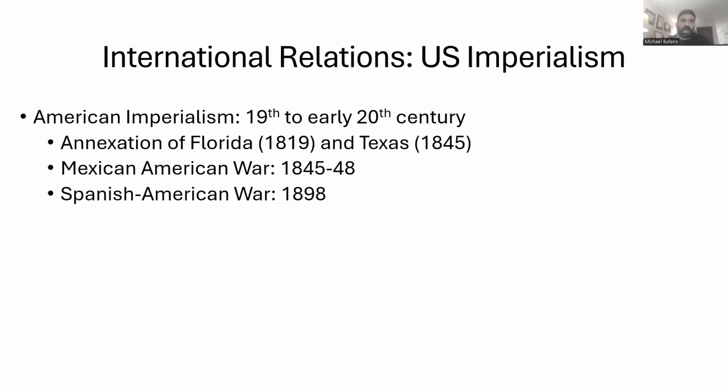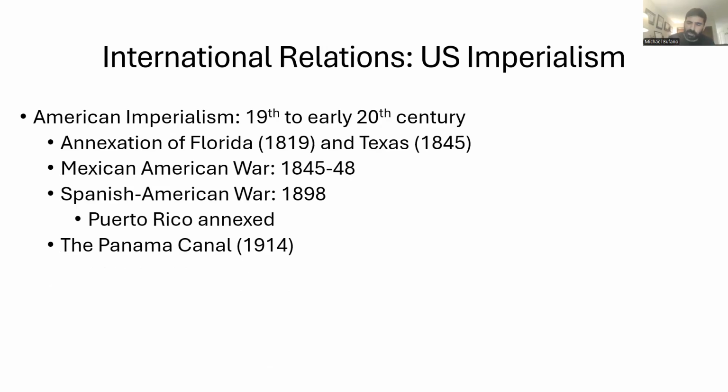And this kind of conquest would continue. So in 1898, America had this very important war with Spain. Spain lost what little was left of their colonial empires in the Caribbean. In 1898, the United States took Cuba. They took the Philippines, which is located in the Pacific. They also took as well the Dominican Republic and Puerto Rico from the Spanish. And in the case of Puerto Rico, it became a direct colony of the United States. It still is a colony. The United States would have a great influence on Cuban and the Dominican Republic's politics going forward.